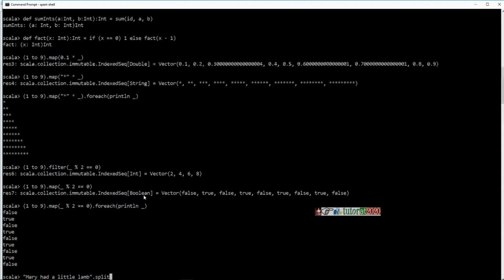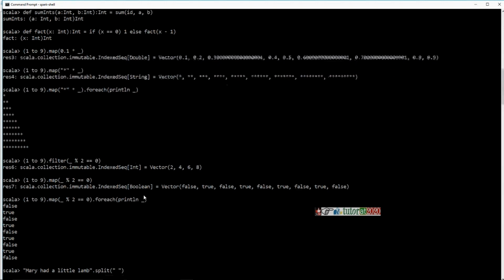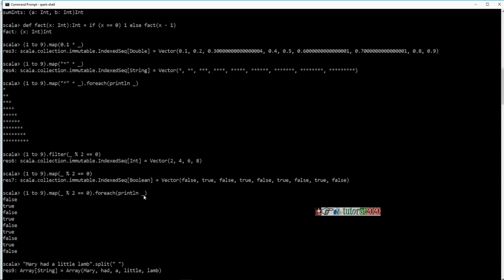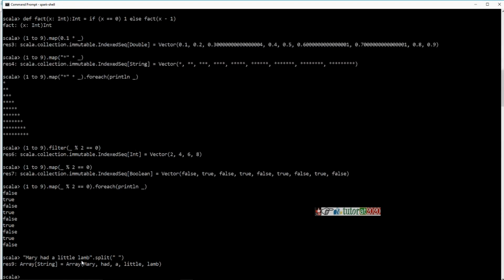So now I'll say split this, and you have to provide some delimiter. So I'll pass this space as a delimiter to this. So here observe what it does. Basically the split function splits this input string